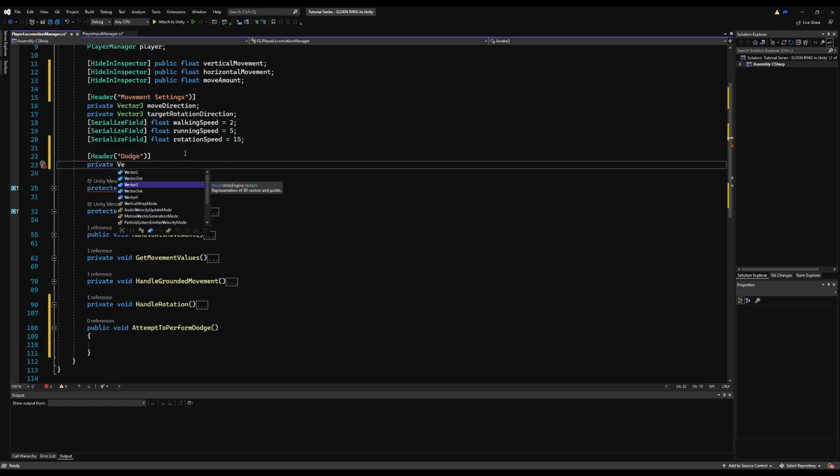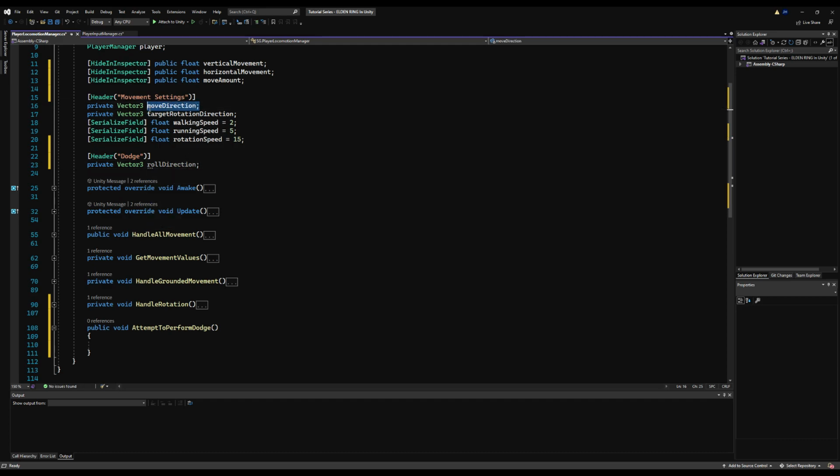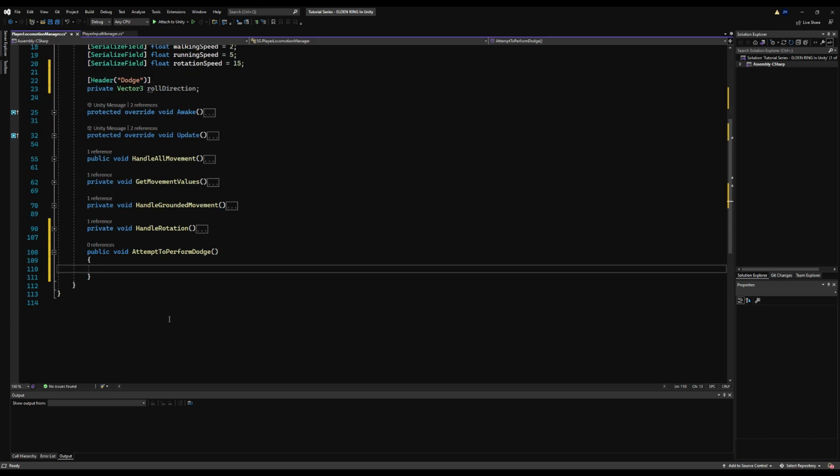And I'm going to make a private Vector3 for the roll direction. Now, I don't call this dodge direction because this variable is only being used when we are performing a roll, not when we're performing a backstep. So down here under attempt to perform dodge, I'm going to say roll direction is equal to the player camera dot instance dot camera object dot, whoops, that's meant to be transform, dot transform dot forward times, same as before,